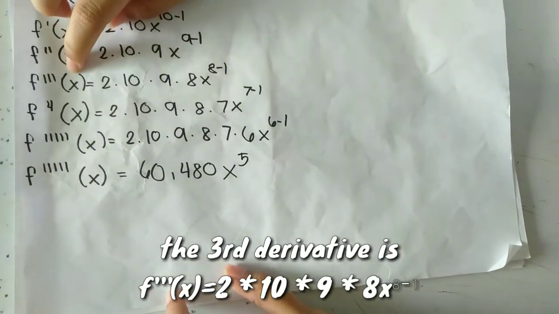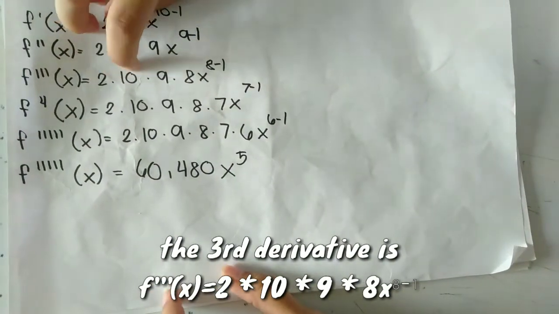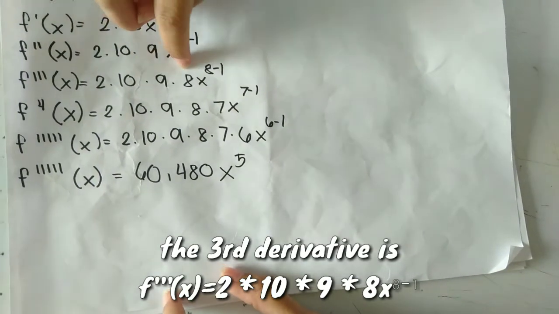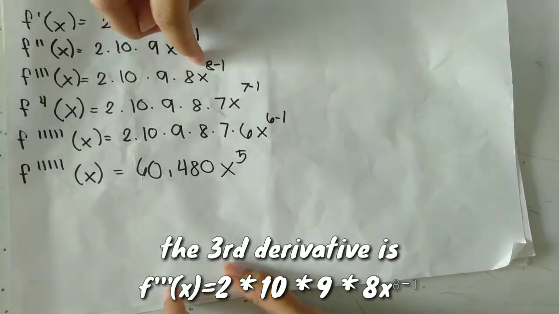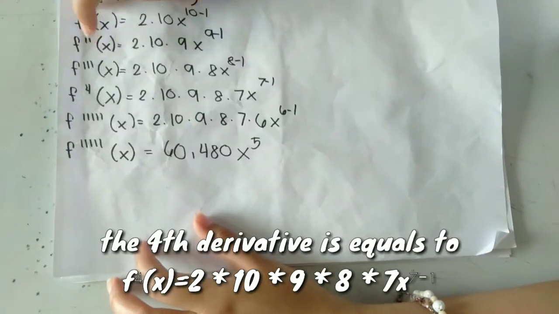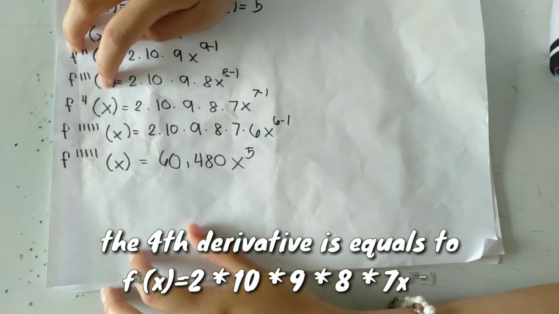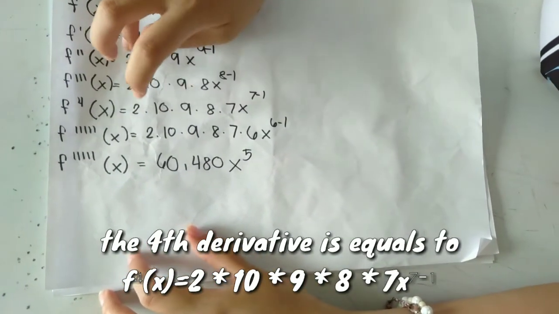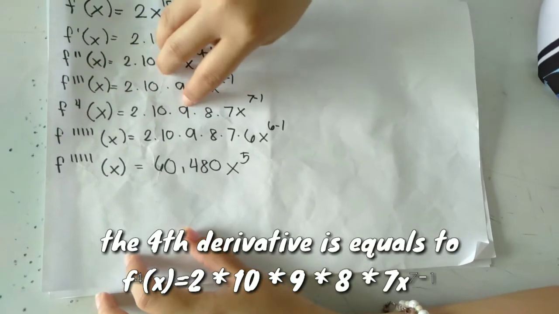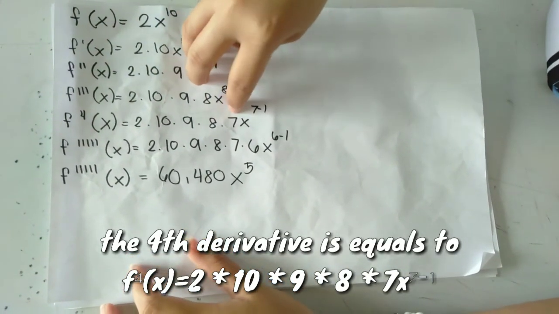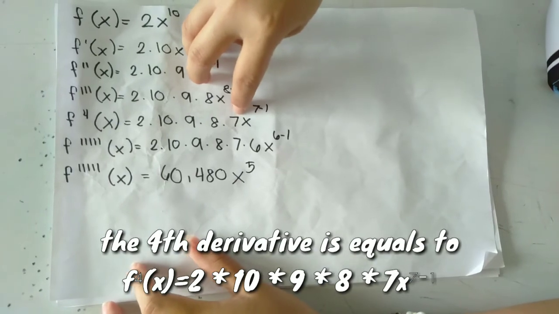The third derivative is 2 times 10 times 9 times 8x to the power of 8 minus 1. The fourth derivative is equal to 2 times 10 times 9 times 8 times 7x to the power of 7